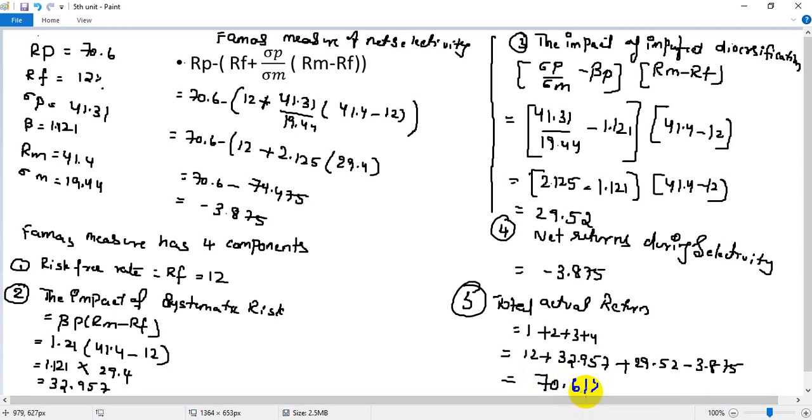So what has been said is that the ability of the fund manager is studied by using measures like Jensen and Fama. Apart from the risk and return, the performance of the mutual fund scheme depends on the net selectivity and diversification by the fund manager also. So this is another method to calculate the performance index. I hope it is clear.